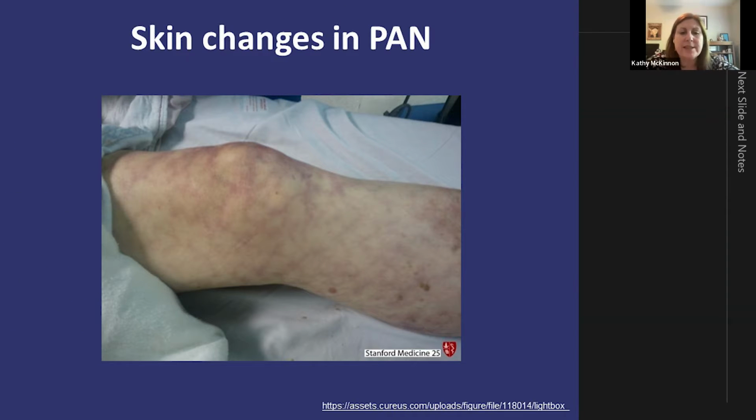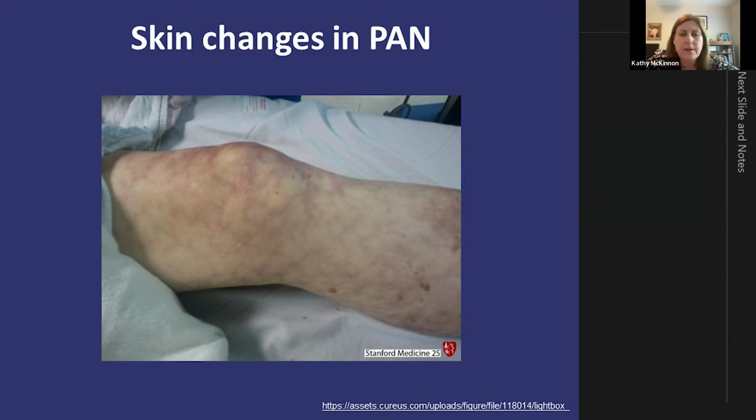This slide represents a skin condition called livedo reticularis. And you can see it has this lacy appearance of this redness of the legs. This can come and go. This can become more prominent under stress, or if you're cold, this can be very visible. And if you're warm and relaxed, sometimes this can go away. This is not just seen in PAN, as a precautionary note. We can see this oftentimes in young women who are healthy, women with other autoimmune diseases. So the presence of this does not mean that you have PAN, but it's a very, very frequent skin condition that we do see.